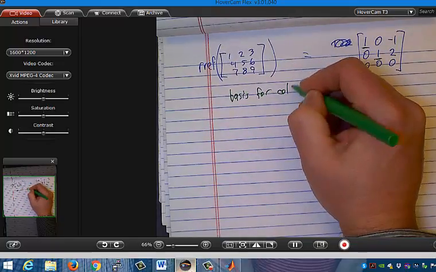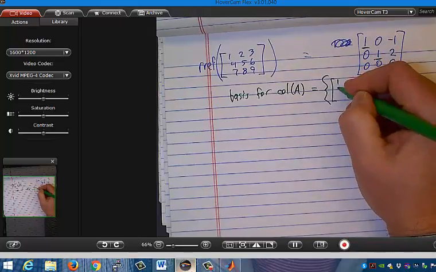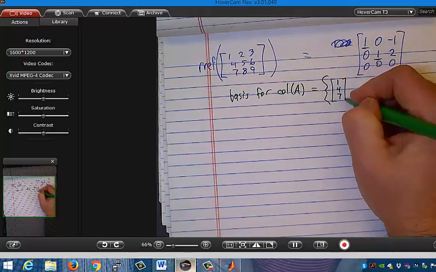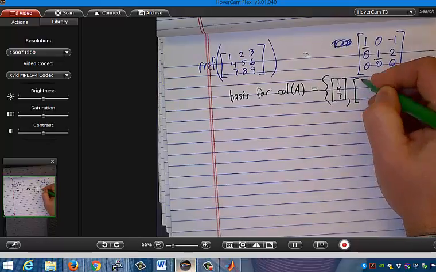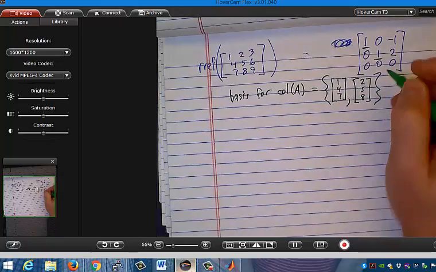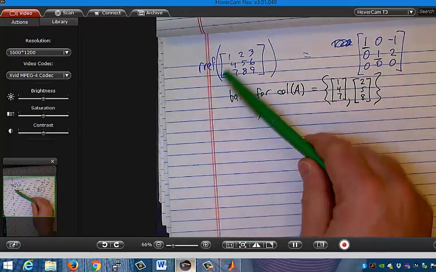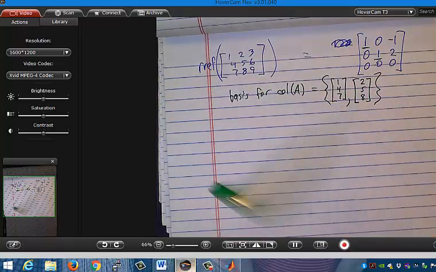Yeah, column space. Would be given by 1, 4, 7 and 2, 5, 8. That would be a basis for the column space. So you have to go back to your original. Yeah, because what happens is when you do row operations, it changes the column space. Okay, sweet. Okay, good. Cool. So